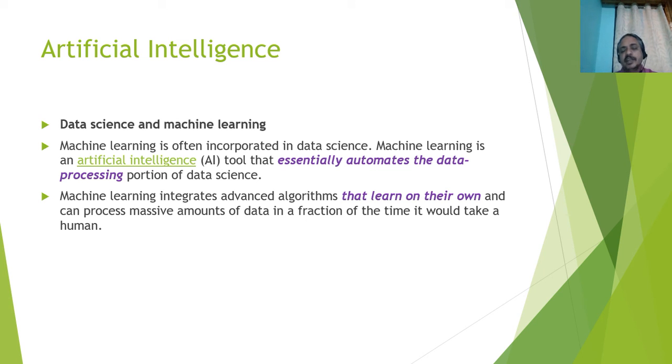But a computer doesn't have any of this. So we are teaching the computer through a program. Through that program, the computer will learn from the given data, and tomorrow it can identify whether it is a cow or a donkey or some animal. So that we call artificial intelligence.